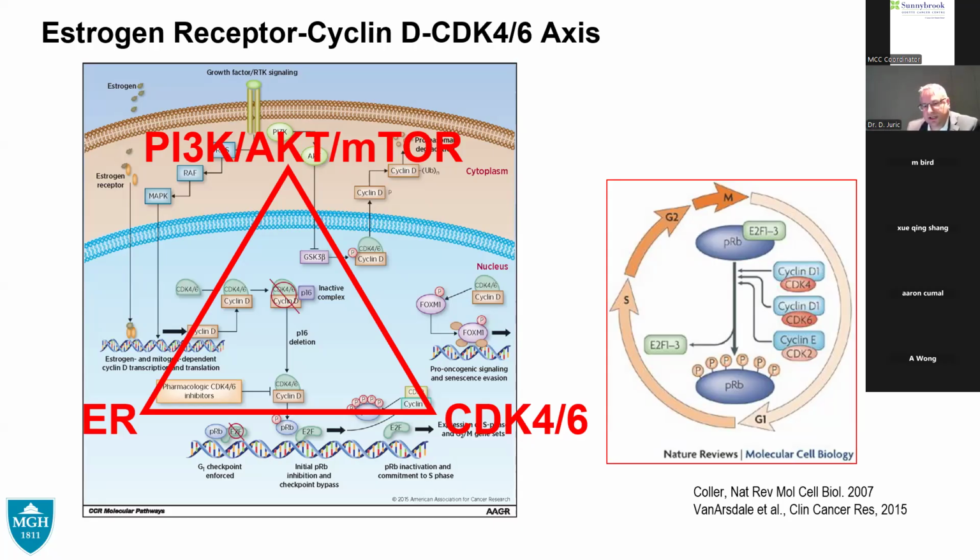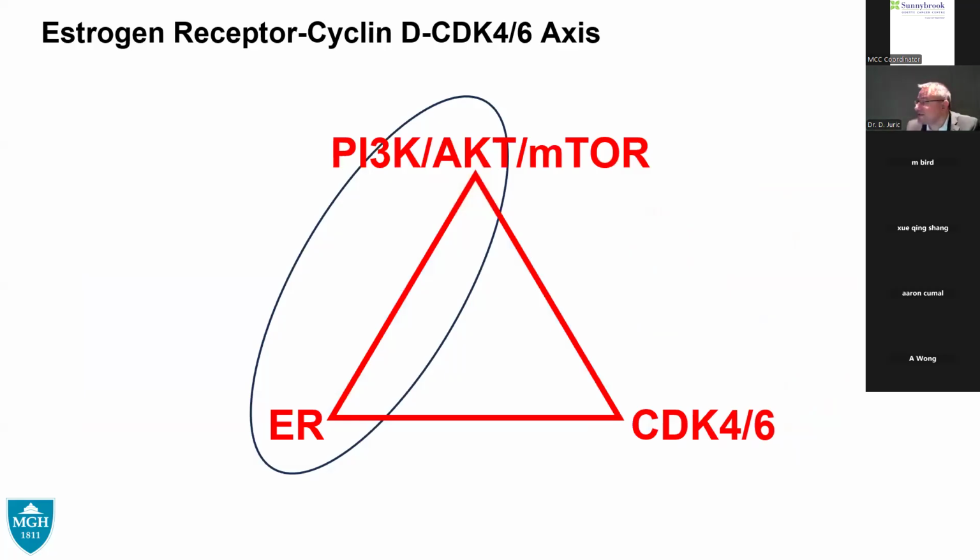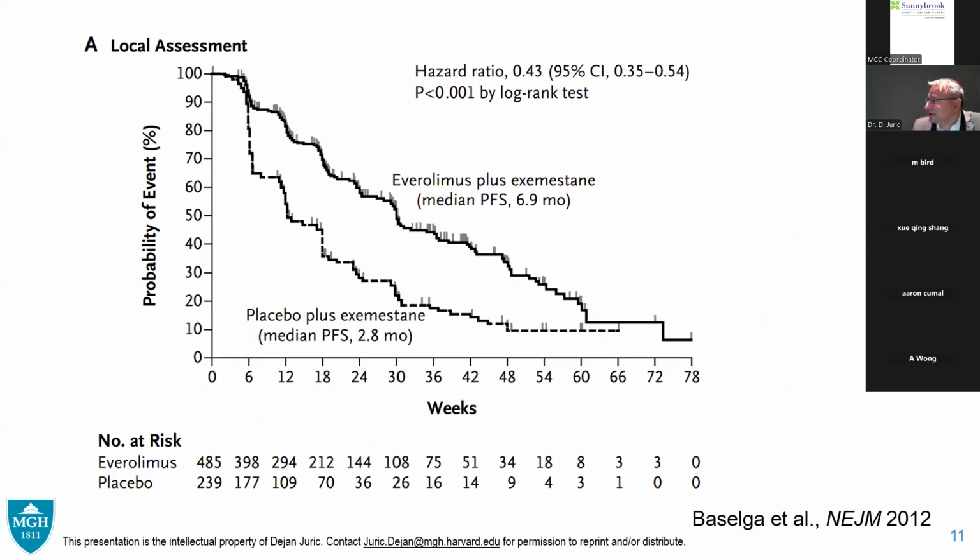And my slides will cover some aspects of that. Well, first step was actually not ER CDK4/6 doublet. The very first sort of targeted therapy, believe it or not, in ER-positive breast cancer was introduction of mTOR. As you know, Jose Baselga, a fellow I learned quite a bit from, was the first to introduce, finally, after decades of simply studying ER, essentially the first targeted therapy doublet, where he combined exemestane and everolimus with a significant clinical effect, as shown on